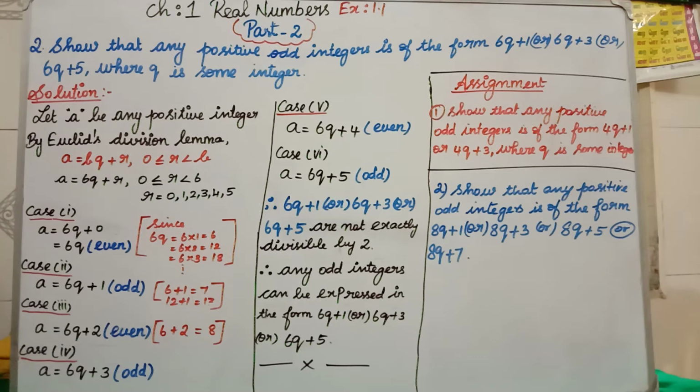Clear, all of you? Based on the second problem, we are going to do two assignments. There is no difference in this. The method is fully the same. The only small difference is that here I have taken b equal to 6. In the first assignment, instead of b, we are going to take it as 4. In the second assignment, we have 8 cube plus 1. Instead of 6, you have to put 8 here. According to that, you have to take the remainder values. You have to see where you are getting even and where you are getting odd. Based on that, try these two assignments. You will be much clearer about this second question.